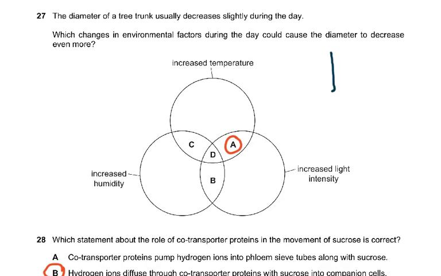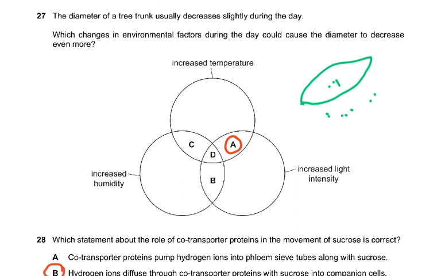Then coming on to 27, the diameter of a tree trunk usually decreases slightly during the day. Which changes in environmental factors during the day could cause the diameter to decrease even more? That means more transpiration pull. So increased temperature, increased light intensity, increased humidity. Increased humidity, if the leaf outside has more humidity and less humidity inside,